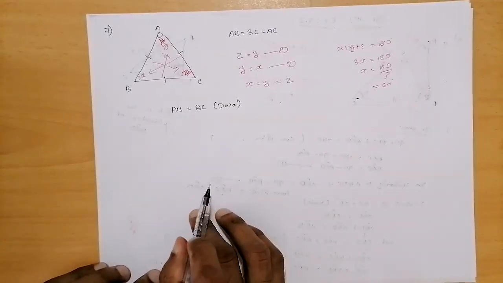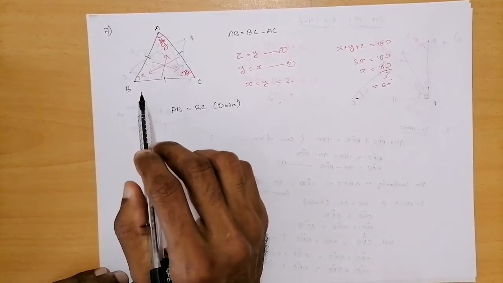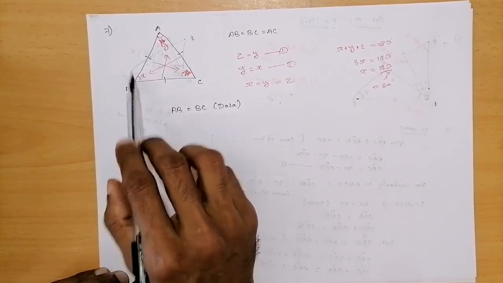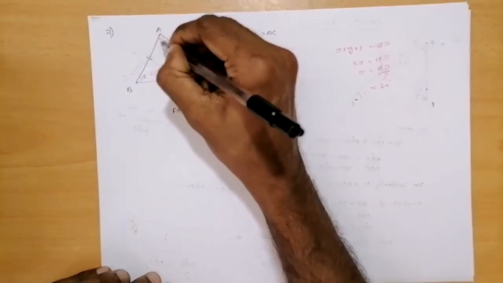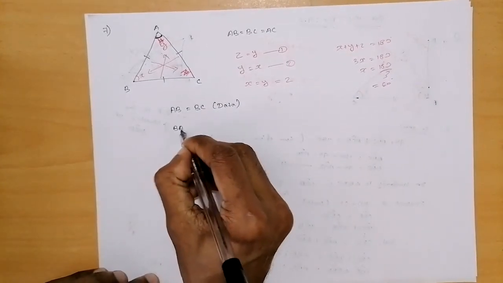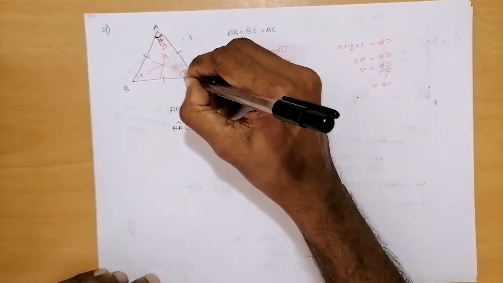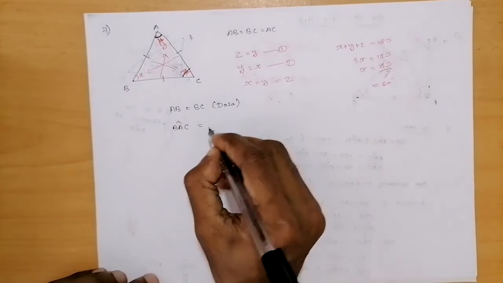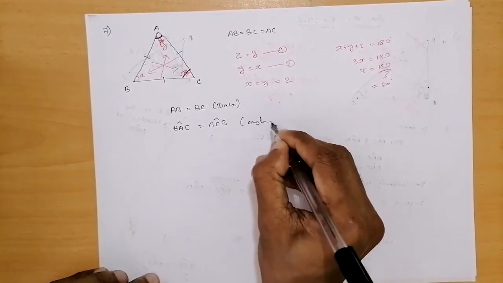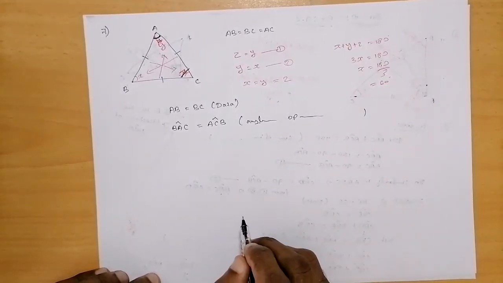So from AB and BC, the BAC angle is equal to ACB angle. Angles opposite to equal sides are equal. That is the theory. Similarly,